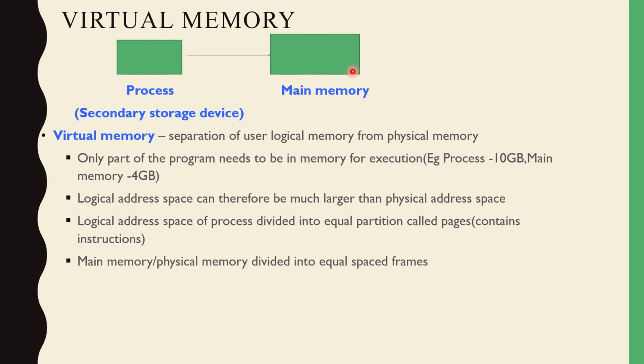These terms we are going to use in further explanation: pages and frames. Pages are the equal parts in the process, and frames are in the main memory. What they usually do in virtual memory is that some part of the pages is loaded into the main memory, that part is executed first, then it goes back to its page, and the next pages are loaded into the main memory and executed. This concept happens by using the virtual memory concept.